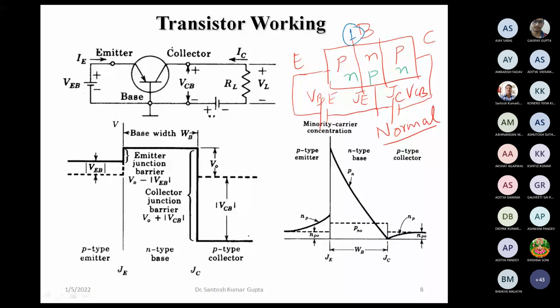Holes are actually pushed into the base, and electrons are pushed from base into the emitter like this. So this forms a diode current like characteristic here. The reference direction of the current is in the direction of the positive charge flow. Okay, so this is the diode like current here, ID, which is exponentially going to increase